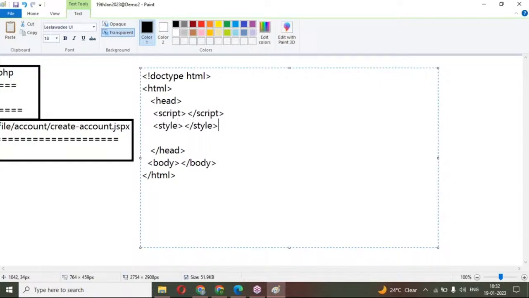For writing CSS code, we write the style tag as well as the script tag. The script tag I'm using for writing JavaScript code, and the style tag we use for writing CSS code. Okay, style and script, we can use them like this. Next, we are going into